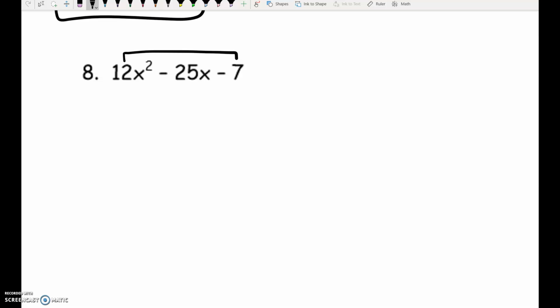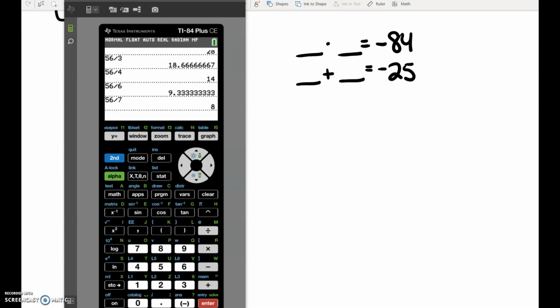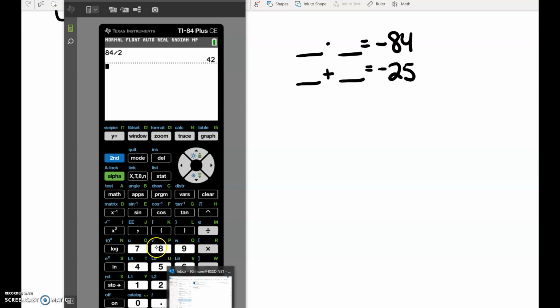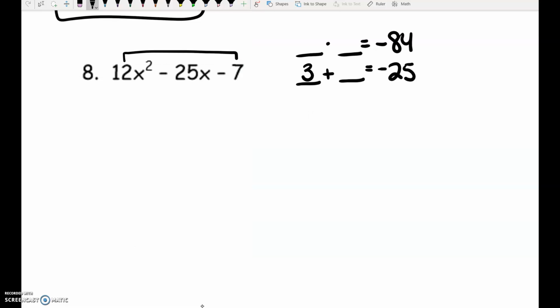So first of all, 12 times negative 7 is negative 84. So I need two numbers that multiply to give me negative 84 and add up to negative 25. Definitely grabbing my calculator for this one. 2 and 42, no. 3 and 28. Could I get negative 25 from 3 and 28? 3 and negative 28. Okay. So if I'm doing guess and check on this one,